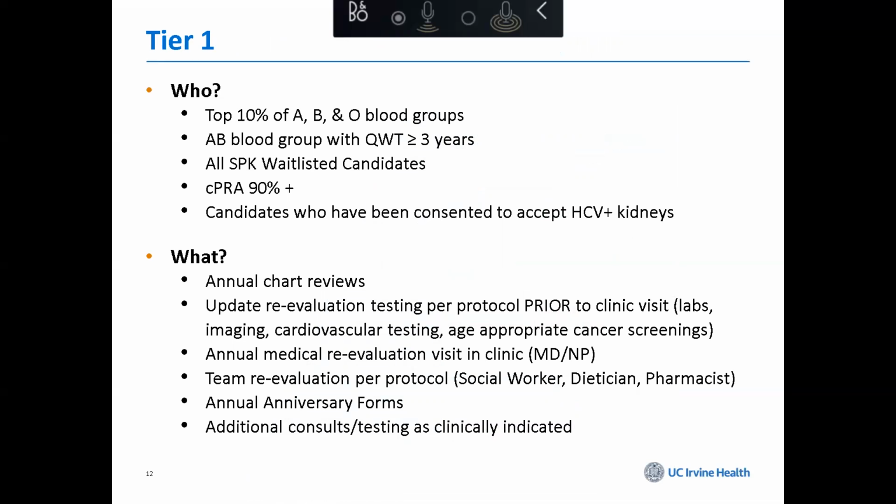So the tier ones, who are these recipients? These are what we estimate to be about the top 10% of our wait list. These are the patients that we are hoping are going to be coming up for organ offers in the near future. So in this tier, we have the top 10% of each blood group, A, B, and O. And then for the AB blood group, we have patients that have more than 3 years of qualified wait time. We also have our simultaneous pancreas and kidney transplant candidates in here because their wait times are a bit shorter than kidney